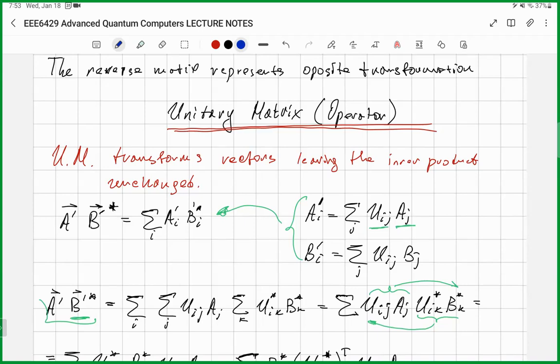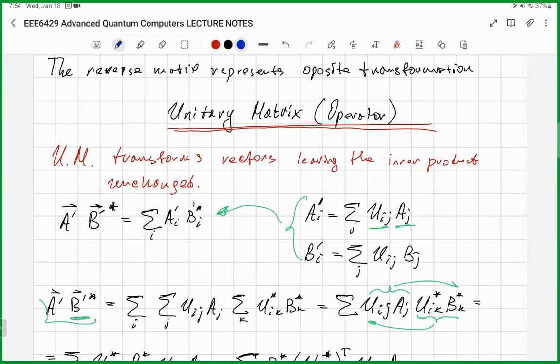And the concept of a unitary matrix is crucial for what follows. That's why I guess next time we will solve a couple of examples with these unitary matrices,